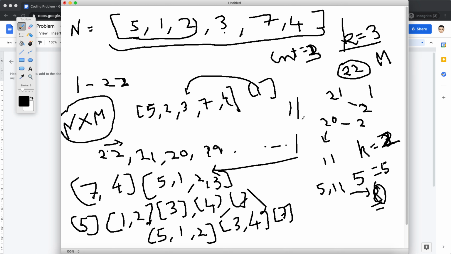So in short, I am maintaining a value, and I'm trying to see how many partitions I can create for that value, keeping that value as the maximum in one of the partitions. And I do a binary search. So overall time complexity will be n times log of sum. Previously it was n cross sum, because I had to iteratively decrement the sum value and check the array. So this is much better in terms of time complexity.